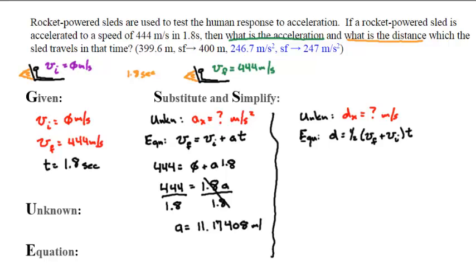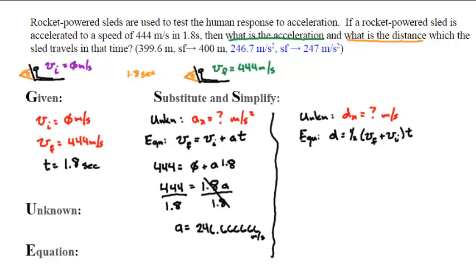11.17408 meters per second squared. And if I find the significant figures, the time here has two significant figures, and so therefore I'm going to respond with two significant figures. My acceleration is 246.66666, also known as 6 repeating,